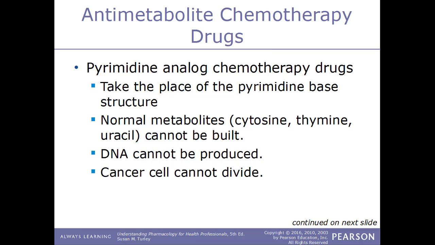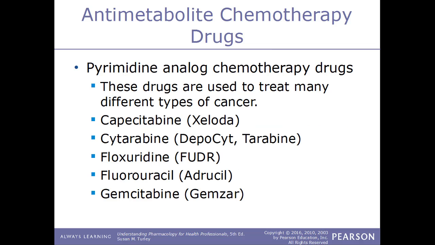And it's like we saw with the purine analogs. The pyrimidine analogs will take the place of the pyrimidine base structure. So normal metabolites, such as cytosine, thymine, and uracil, can't be built. If they can't be built, DNA can't be produced. If DNA can't be produced, cancer cells can't divide. And just like we saw with the purine analogs, the pyrimidine analog chemo drugs are used to treat many different